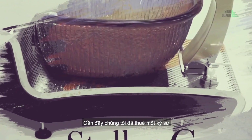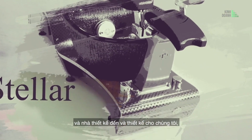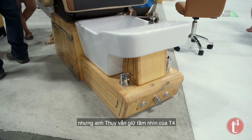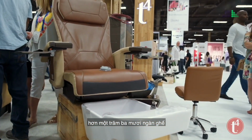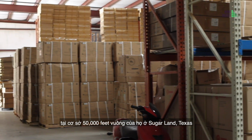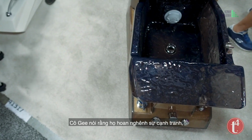It's been recent that we've hired an engineer, a designer, to come in and design for us. But Thuy has been the visionary for T4. So far, they have produced over 130,000 chairs, meaning they are in salons across the U.S. They build and design their chairs at their 50,000 square foot facility in Sugar Land, Texas, and have showrooms across the U.S. G says they welcome